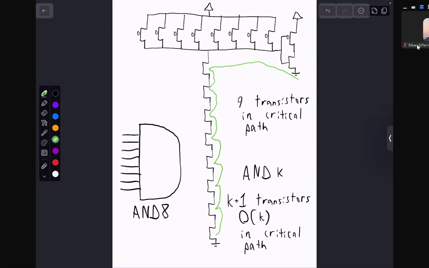And k means, if we have an AND k gate, k is the number of inputs to this AND gate. It doesn't seem too bad, but what we can find is that other strategies